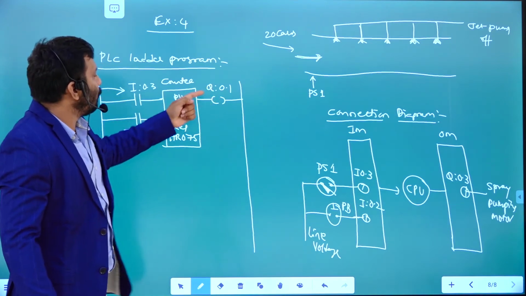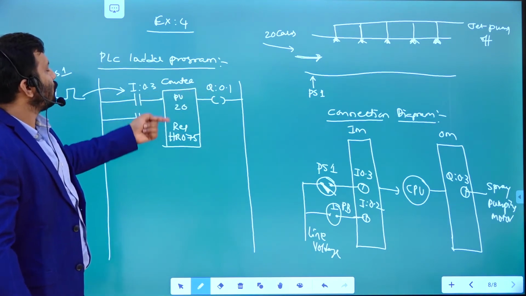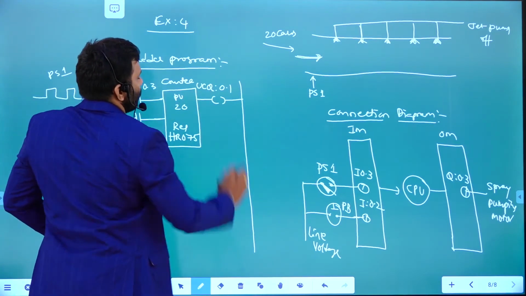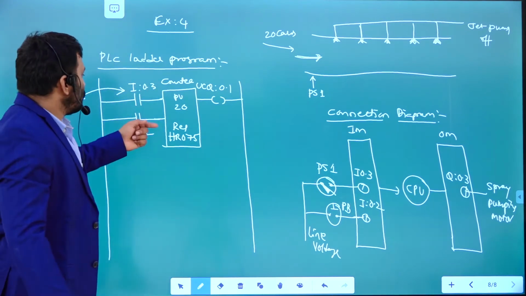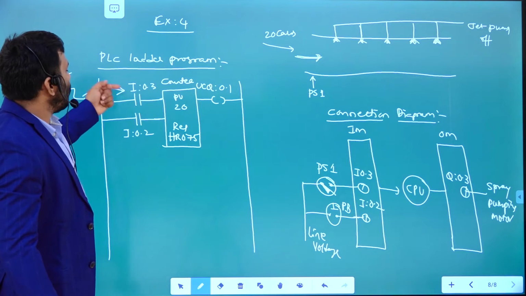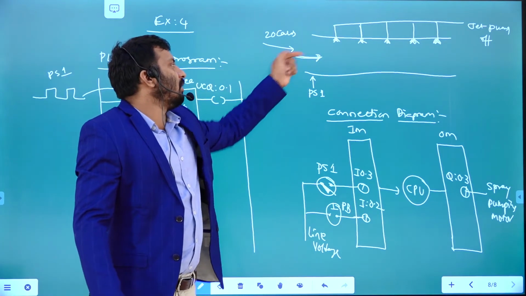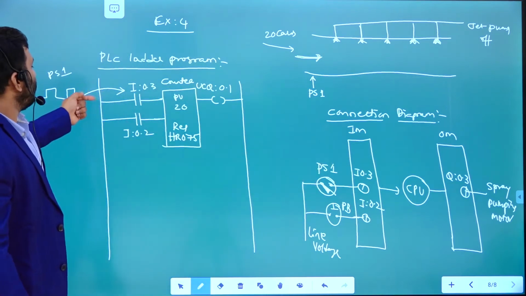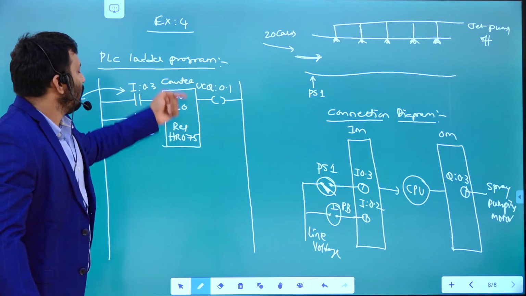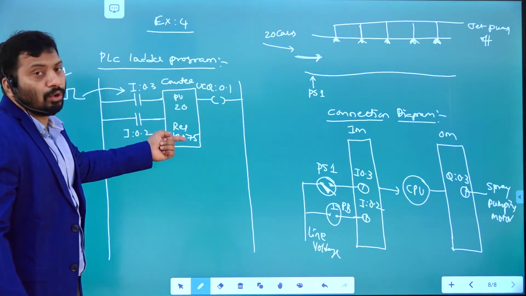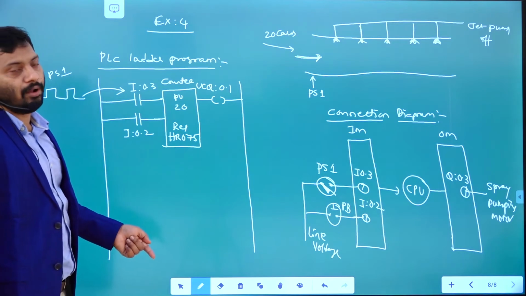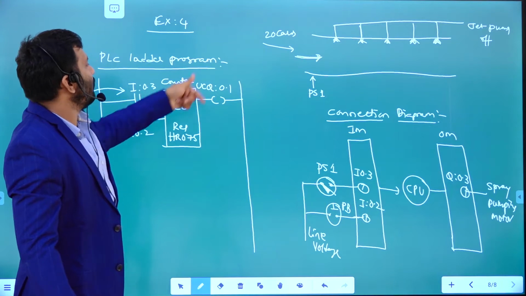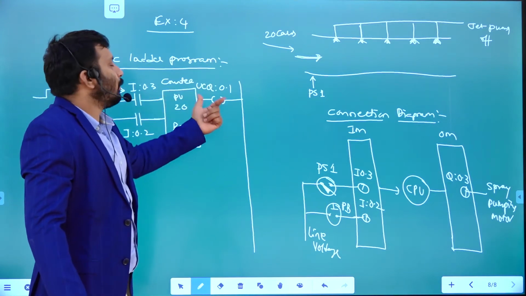So when this particular output is going to be high, this holding register value should be equal to the preset value of 20. So this is the up counter. You need to write here up counter, right? It keeps on incrementing for every one pulse. That means for every one car entered, it gives one pulse, and that is the reason the value in the holding register keeps incrementing. When it equals the preset value after 20 cars have entered, both are equal and the output is going to be high.